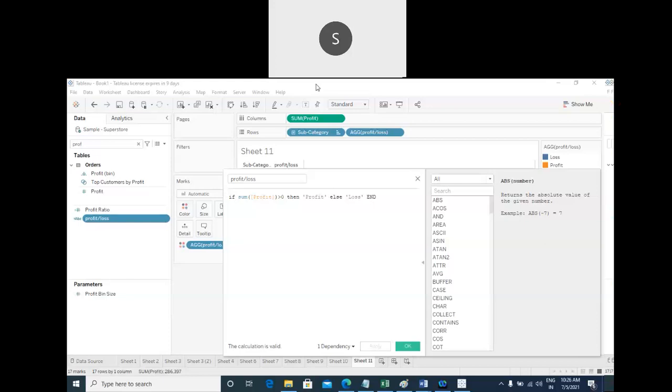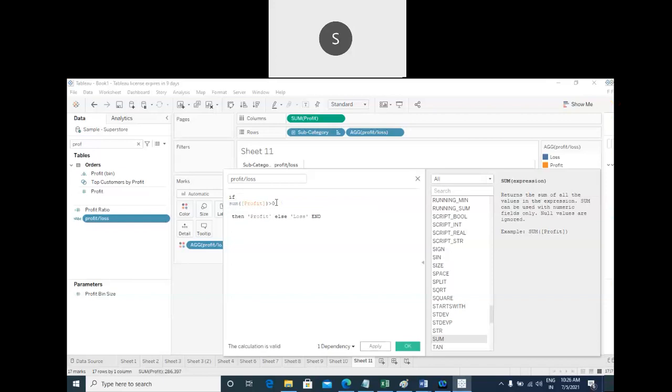Sorry. So this is the way we can write the if statement. An if statement starts with if, then the condition. What are the conditions you want to write? You can write the sum of profit or sum of sales, and the value, like greater than or equal to, or less than or equal to. What condition do you want to put? We can use it and set the value, whether it is 0, 1 lakh, 2 lakh, 1000, or something else. You can write it.